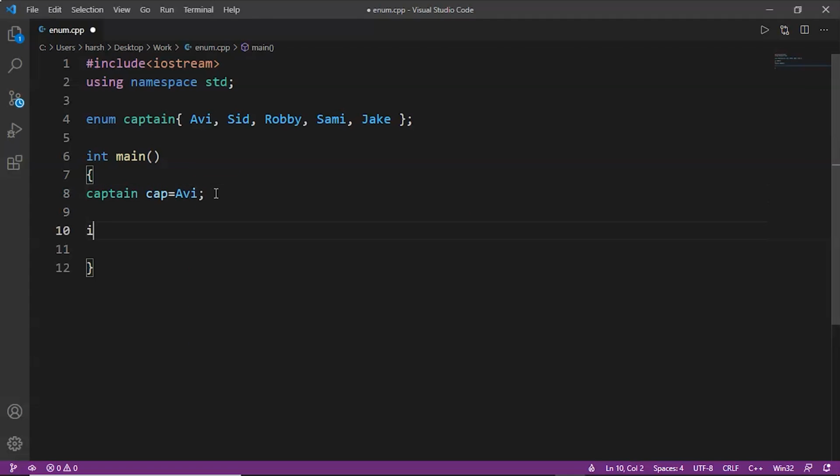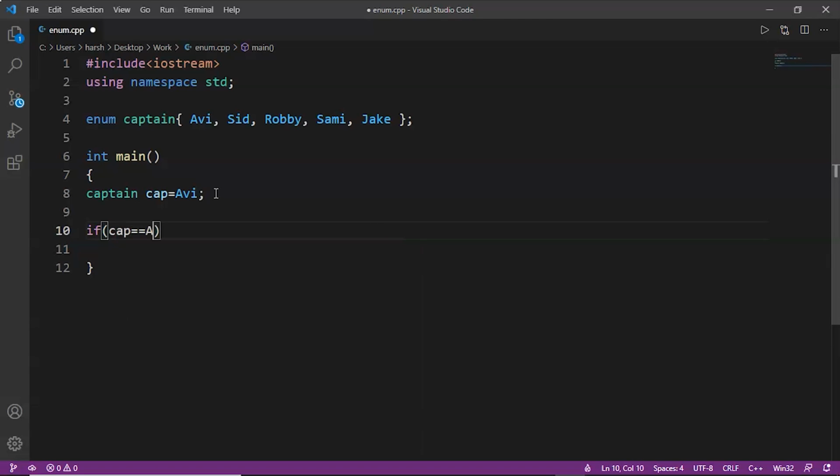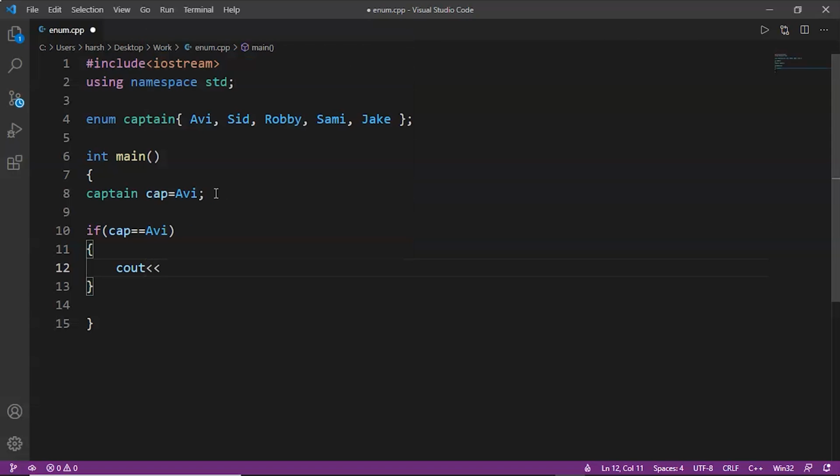Now here we will write an if condition. We'll write if cap equal to Avi, then we'll display our captain is Avi and its value is whatever the value. Avi's value here is 0, so we'll display that.